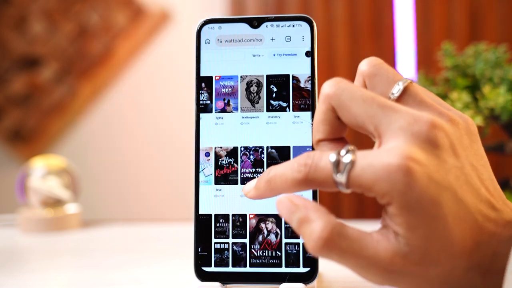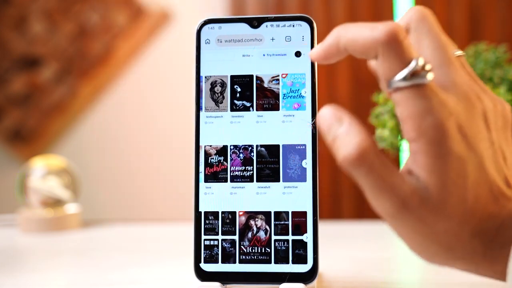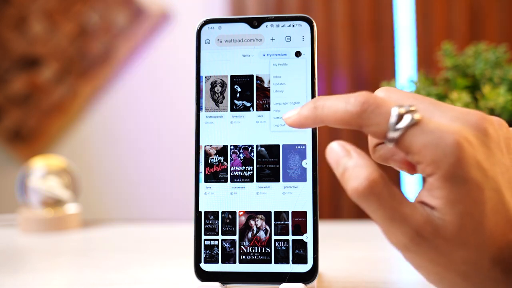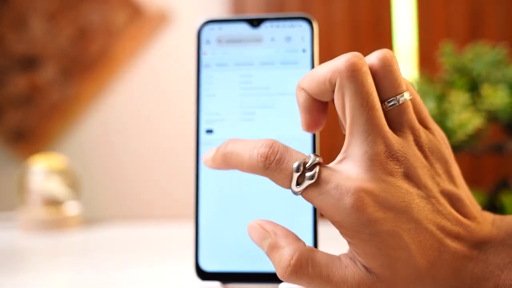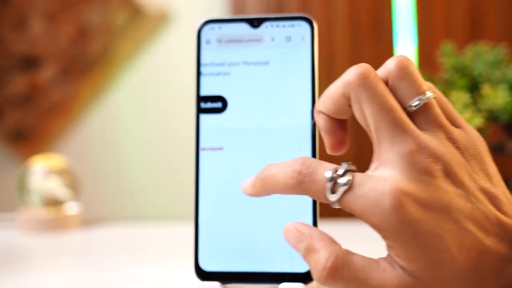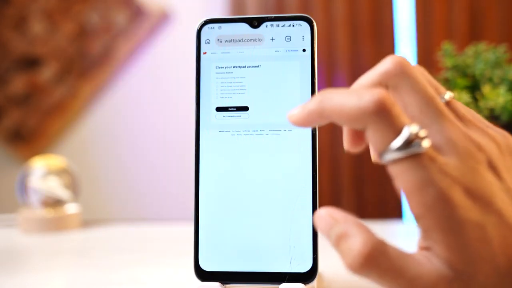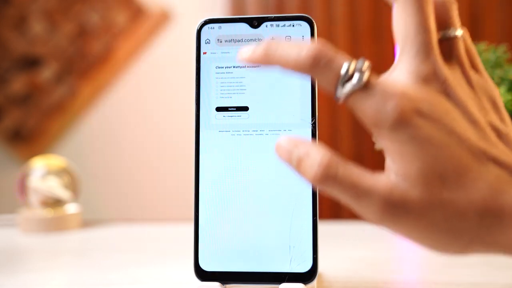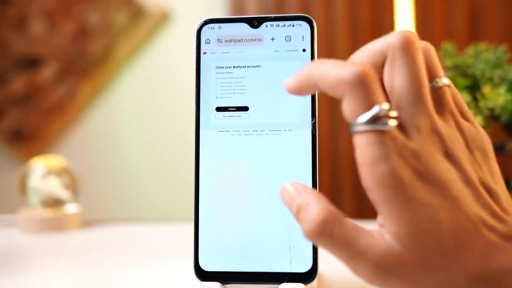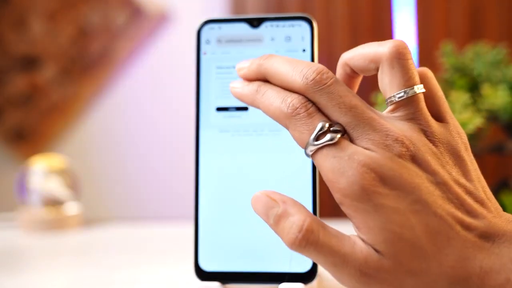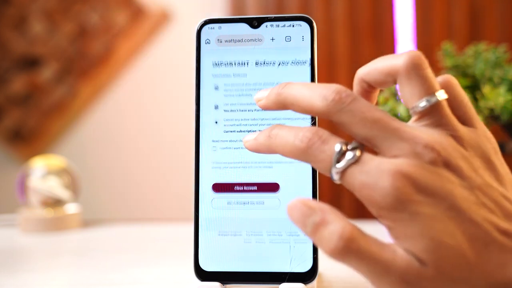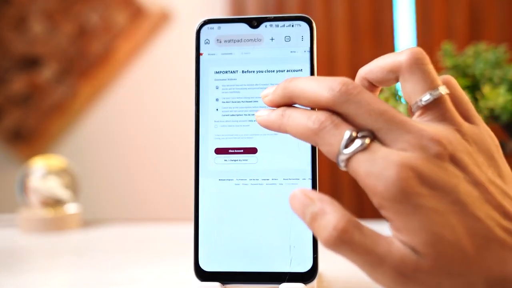a bit and scroll on top, and on top you can see your profile icon. Tap there and go on settings, and here you can see close account button on the bottom area. Tap there and you can see you need to give a reason to close your account. Here tap on the reason you want to select and tap on this continue and read